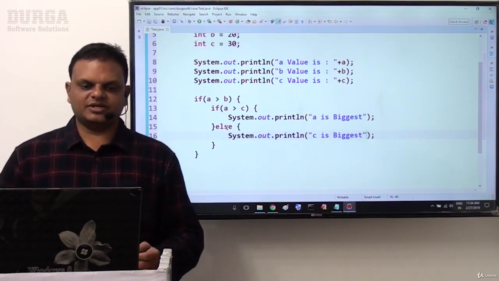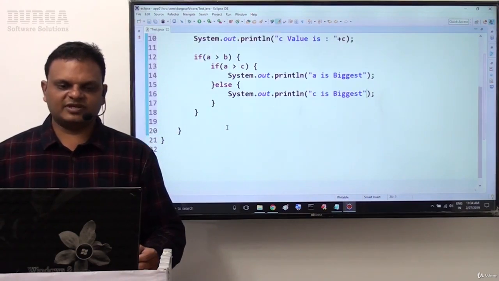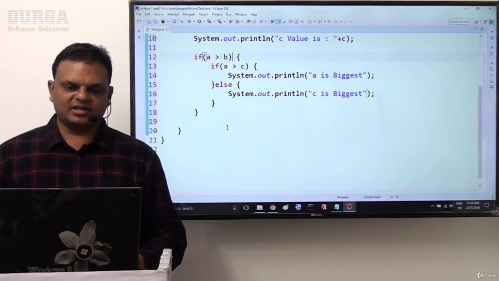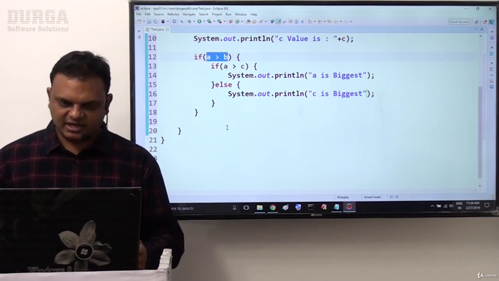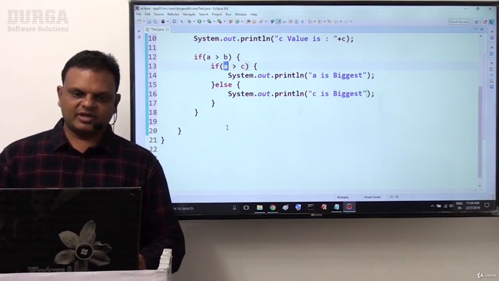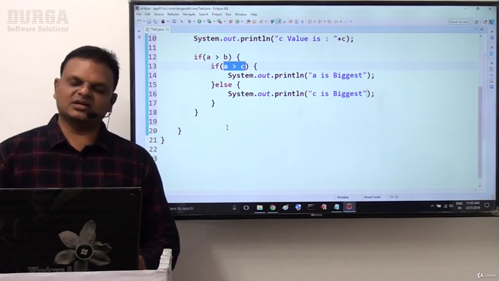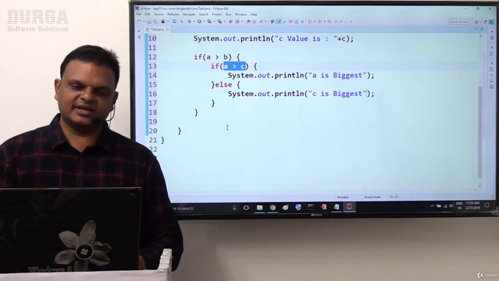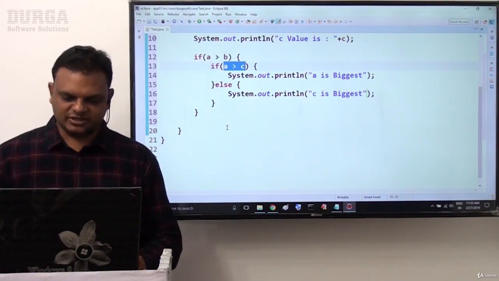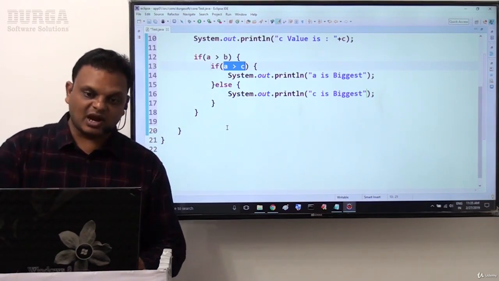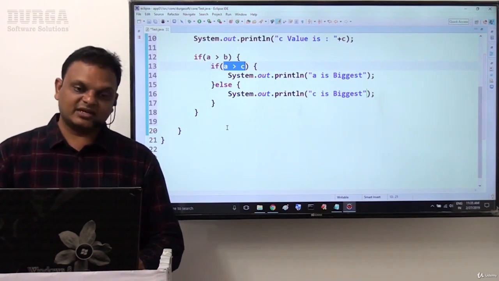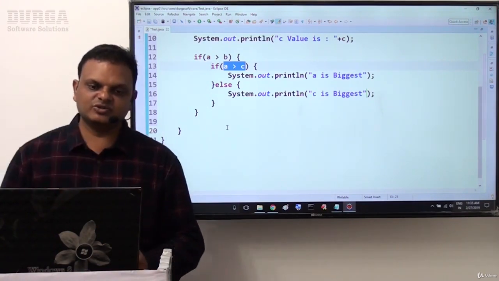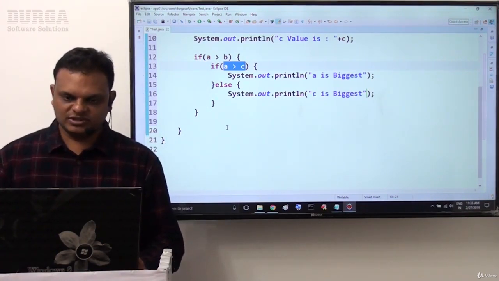Right? Understand it clearly. So first of all, case one, what I have taken there? A greater than b I have taken care. If a is greater than b, then the internal checkup is which one? I need to compare a value with c. Still a is bigger, no? Then we can conclude that a is biggest. For example, if a is not greater than c, then definitely in this case c is the biggest among these three numbers here.